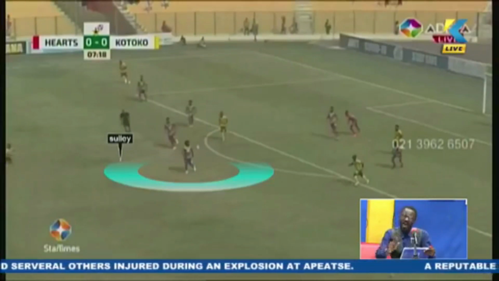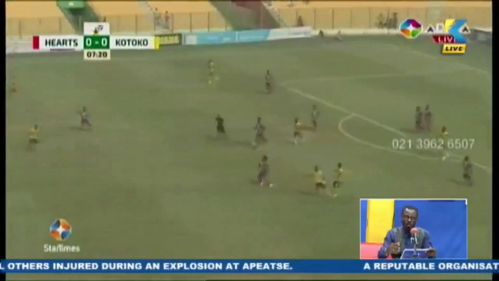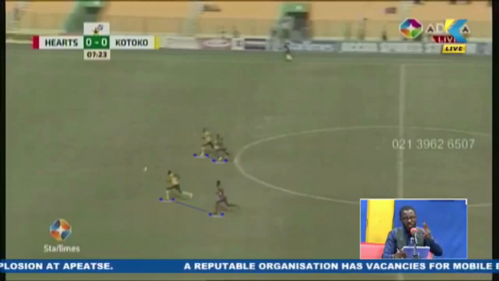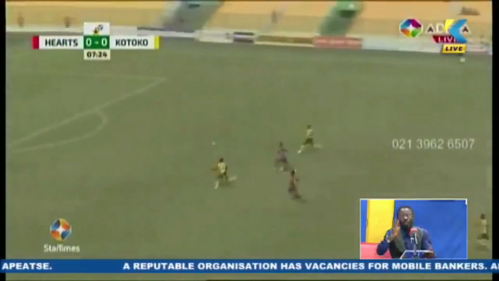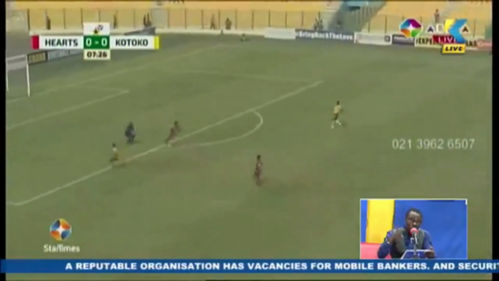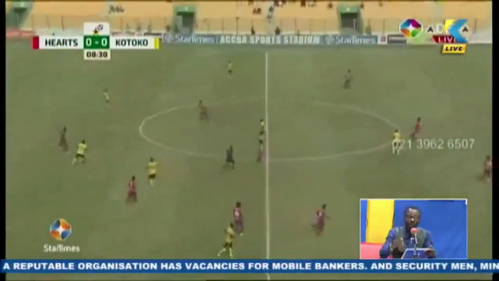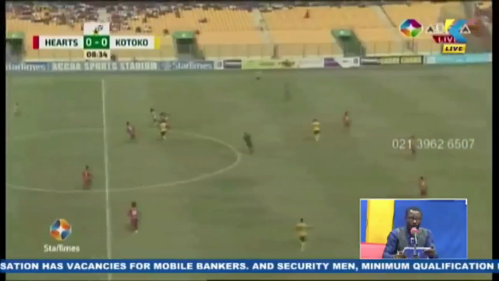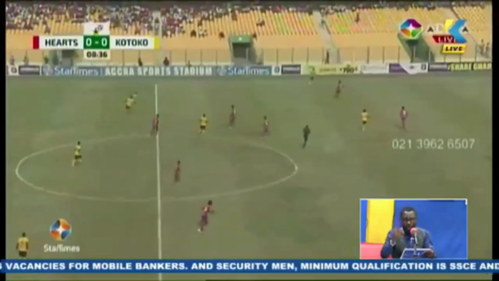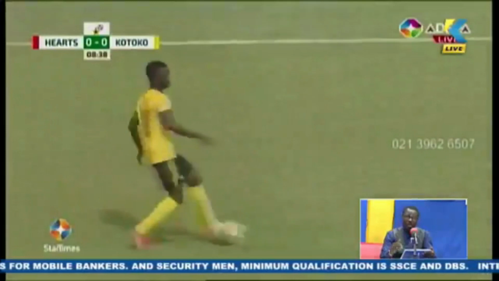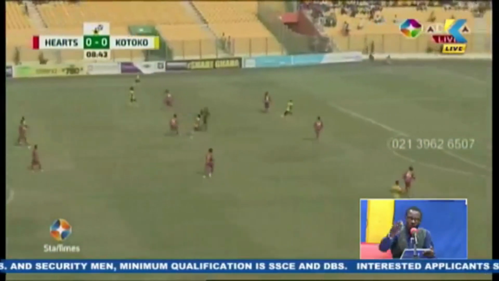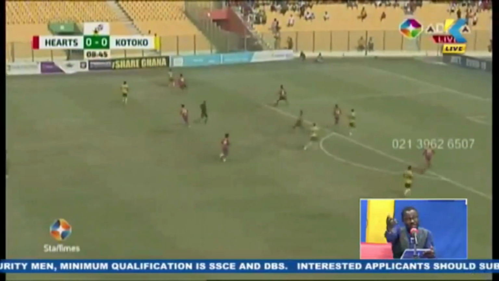So anytime there is action, he stays very close, about 10 meters to the action, waiting and setting the tone for the attackers. And Kotoko defense, 2 center backs, has a touch most often. And usually when they recover the ball, it is on the defense. So Kotoko start the game, but the Kwakusi stay deep when they recover the ball. And that is how Kotoko really struggled sometimes. Now they lacked certain ideas because they stay deep.